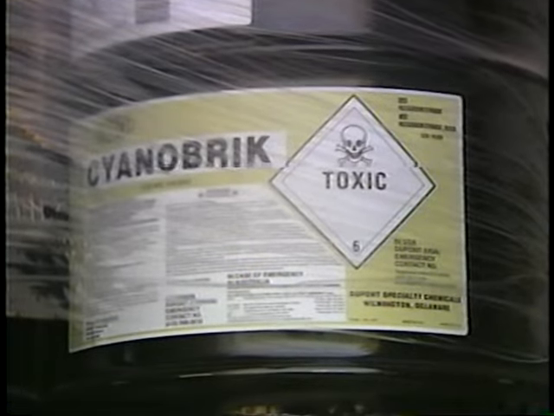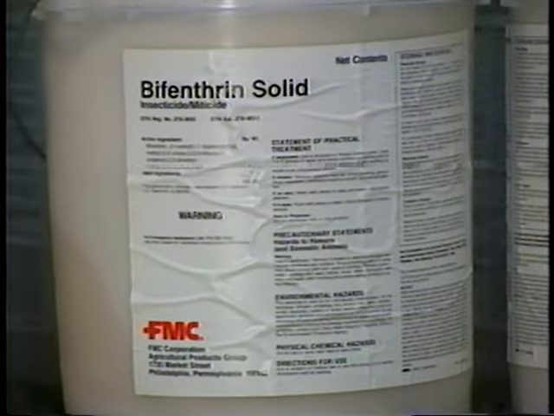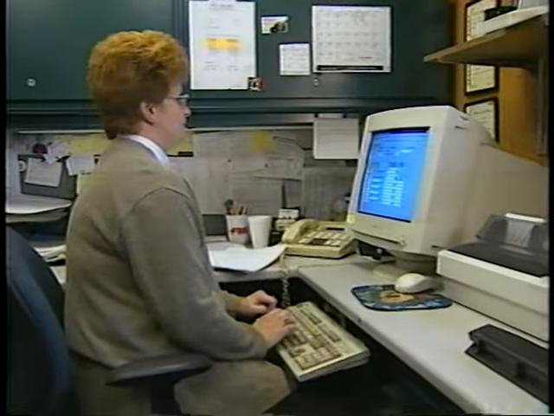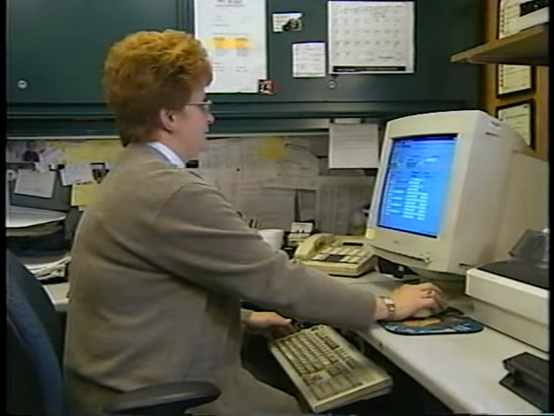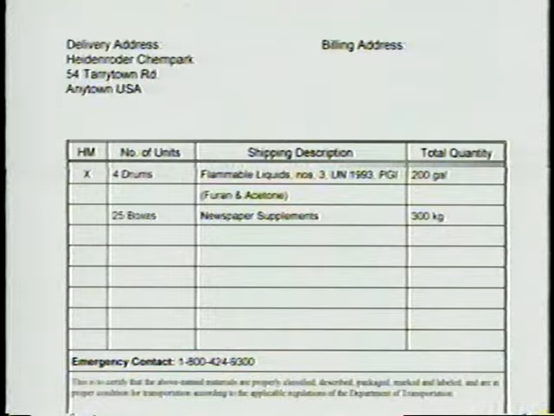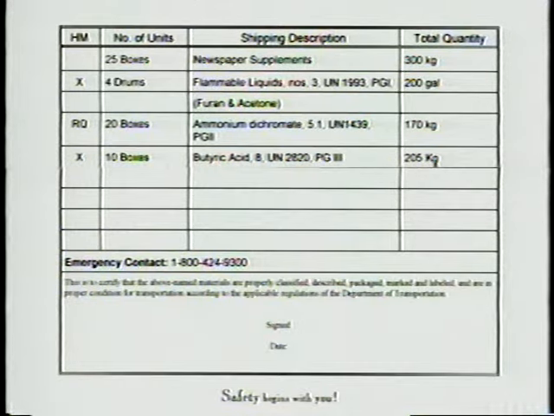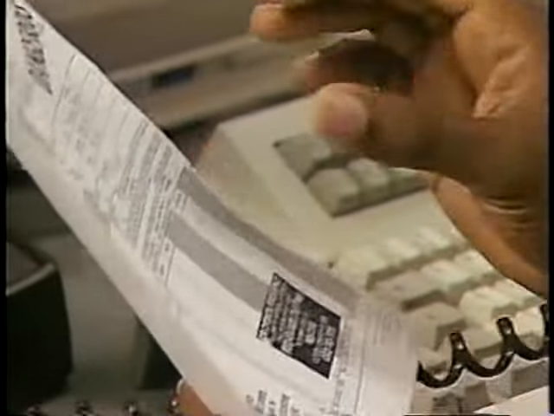Non-regulatory information concerning the material, such as brand or trade name, may be included, but must be listed after the required DOT hazardous material description. If a shipment contains both hazardous and non-hazardous materials, the hazardous material must be entered on the shipping paper in one of the following ways. 1. The hazardous material must be listed first, or 2. It must be printed or highlighted in a contrasting color, or 3. It must be identified by an X or RQ if appropriate in a column headed HM. Complete and accurate information on the shipping paper is critical for effective emergency response.